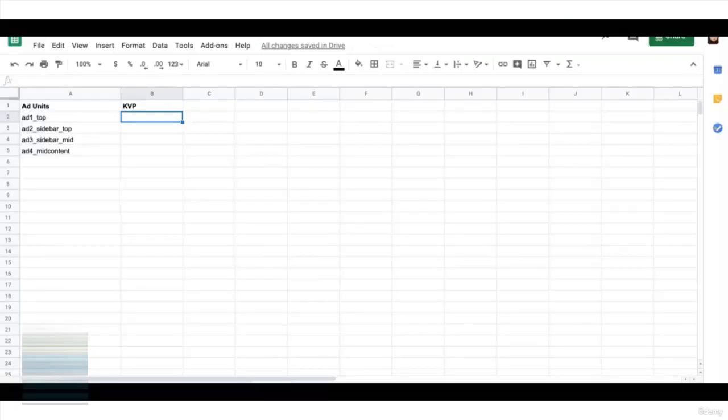The other option, if you don't want to create too many ad units but you need granular reporting, is using KVPs, or key value pairs. For example, you create a single set of ad units that will be run of site, and if you need a report to see the performance by category or section of your site, you create a KVP for that. So let's say you're going to have,